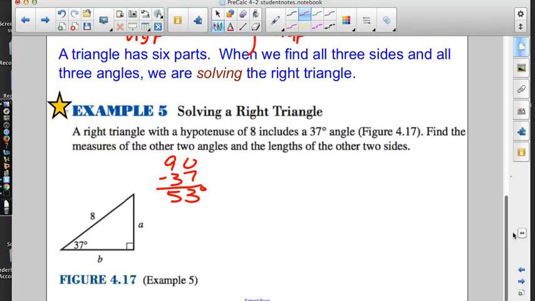We need to say, hey, that's the measure of angle. And now here's where we go back to a little geometry as well. Lowercase letters are always opposite the vertex that has the uppercase letter. So if this is little a, right across from it there has to be big A. And if this is little b, that has to be big B up there. So we now know the measure of angle B is 53 degrees. But